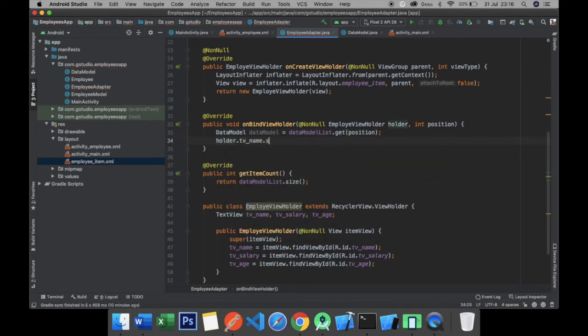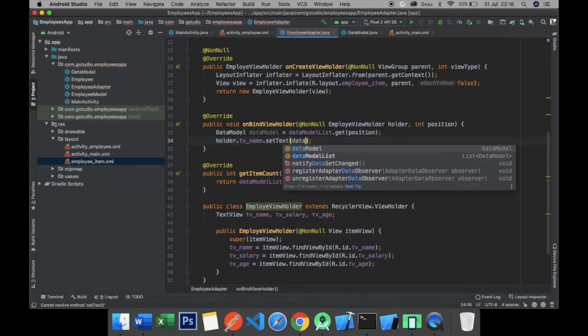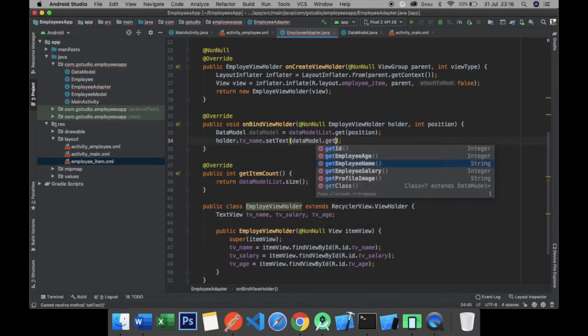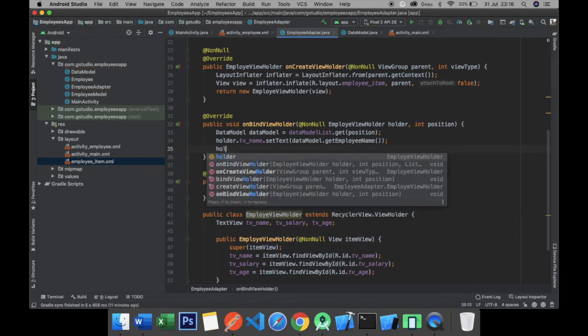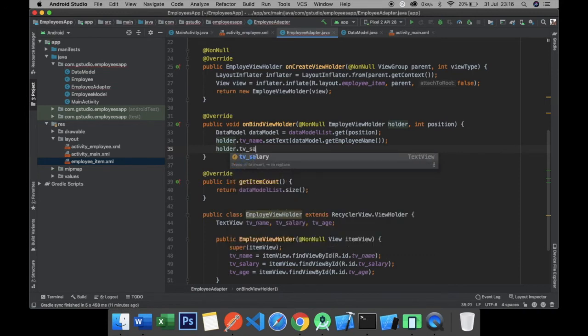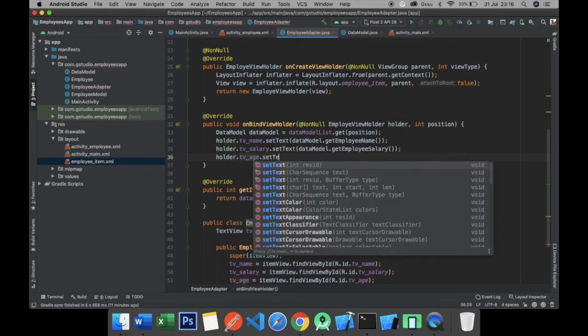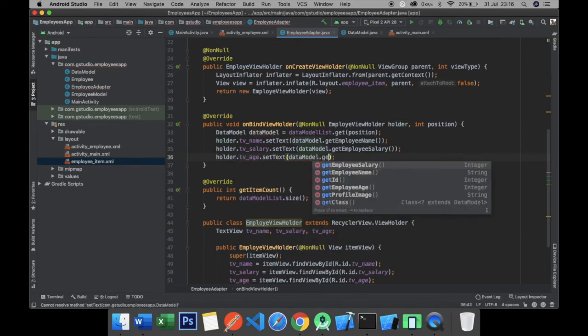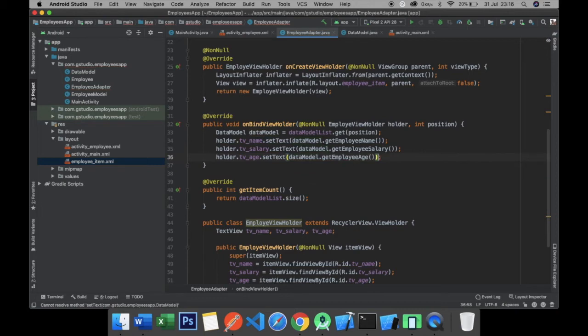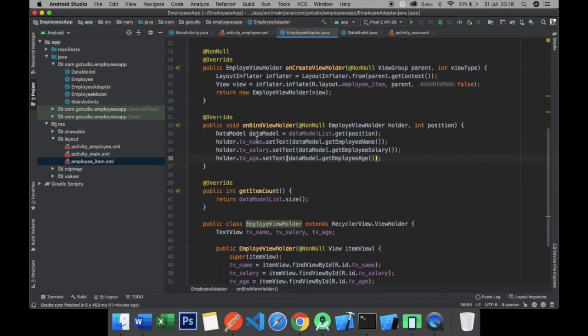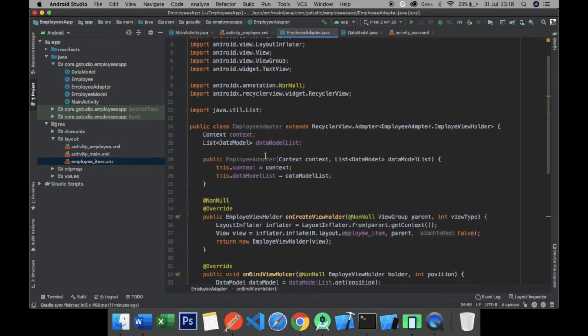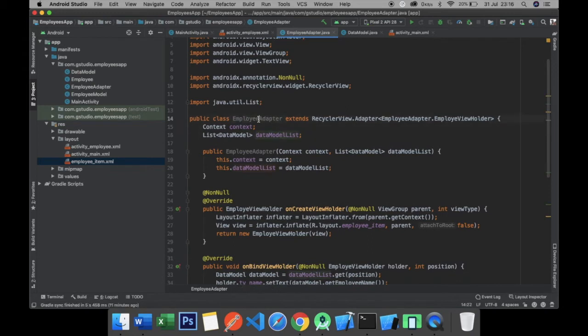Okay, holder.tv_name.setText(dataModel.getEmployeeName). Same for the salary, dataModel.getEmployeeSalary, and same for the age, tv_age.setText(dataModel.getEmployeeAge). Okay, so the work of the adapter is completed now,